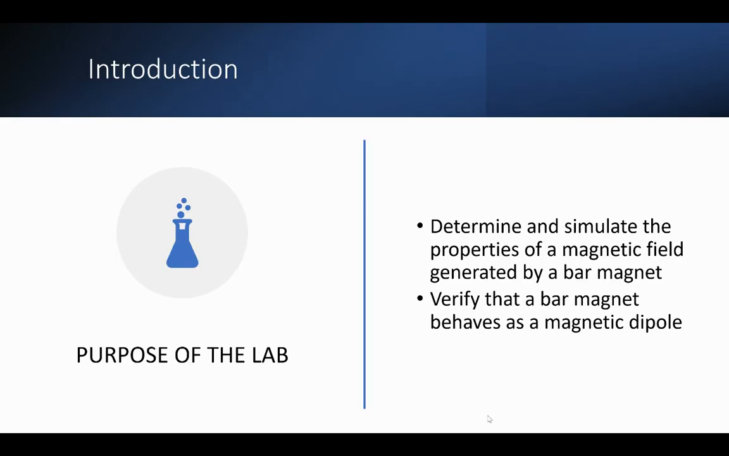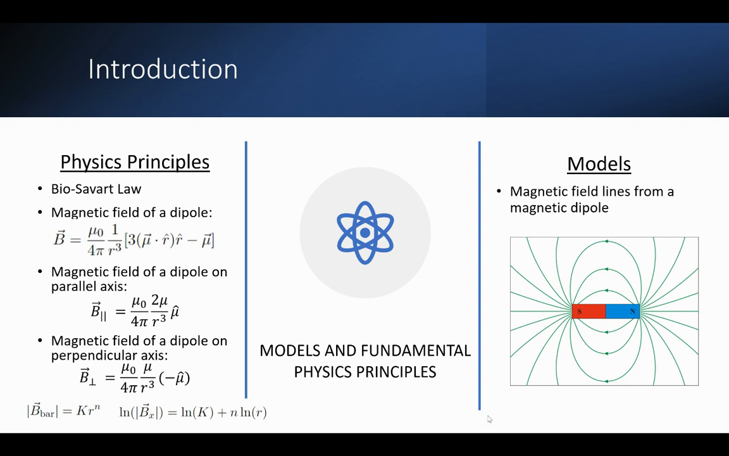Introduction. The purpose of this lab is to determine and simulate the properties of a magnetic field generated by a bar magnet, and to verify that a bar magnet behaves like a magnetic dipole. The physics principles used in this lab are mainly the equations derived from the Biot-Savart law, particularly the magnetic field of a dipole, the magnetic field of a dipole on the parallel axis, and the magnetic field of a dipole on the perpendicular axis. In addition, I also used the equations for the magnitude of a bar magnet,